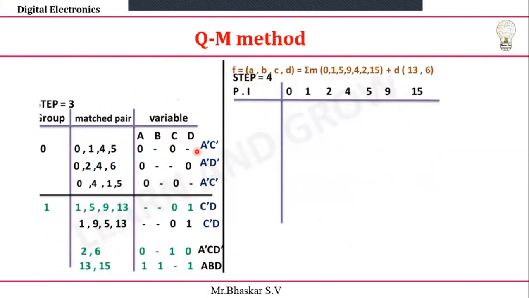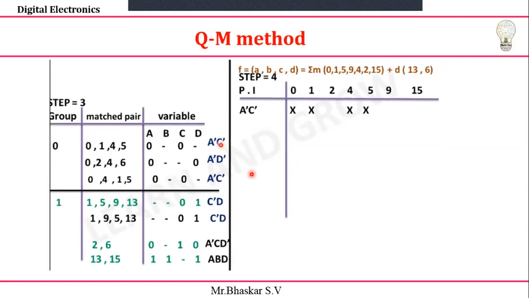Let's see that. While writing the prime implicant table, for the don't care conditions, don't consider these min terms. The don't care min terms are nothing but 13 and 6. I'm not going to consider them, right? I'm going to consider 0, 1, 2, 4, 5, 9, 15, that is, only min terms. I'm not going to consider don't care conditions, first thing. Next, I have just represented my prime implicant values here, you need to represent all the values.